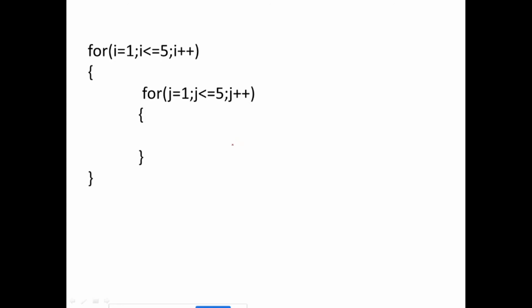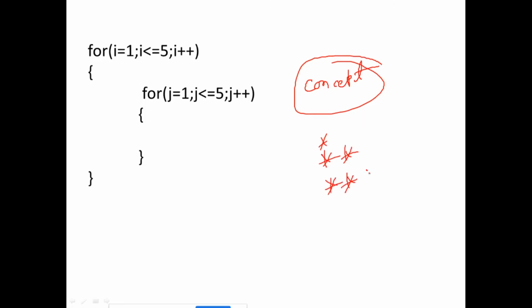For example, this one looks very clear in some way, but like a tricky kind of thing, where we can understand something like that. For that I will give some assignments to you guys. First of all, my agenda is that you should understand the concept, right. As soon as you make these star programs, like this, you will be able to understand how it should work. Here you can see this was printed 1 time, this was printed 2 times, this was printed 3 times, right. So you have to develop this type of logic.